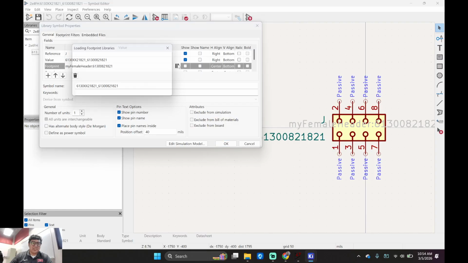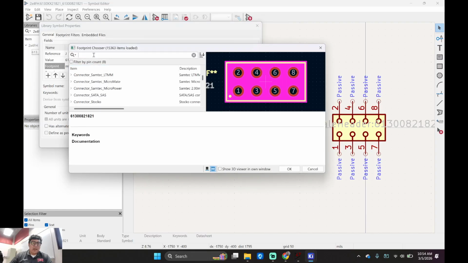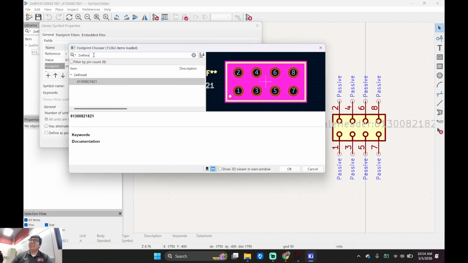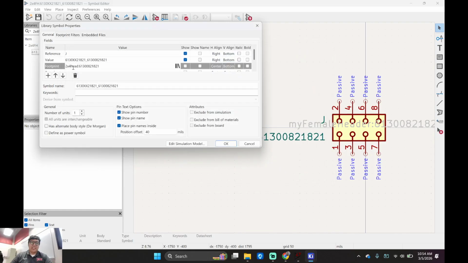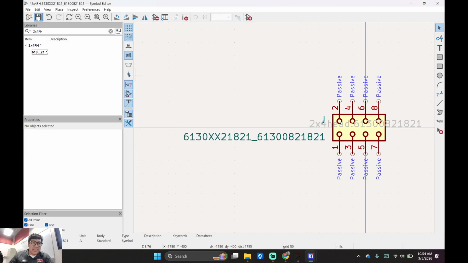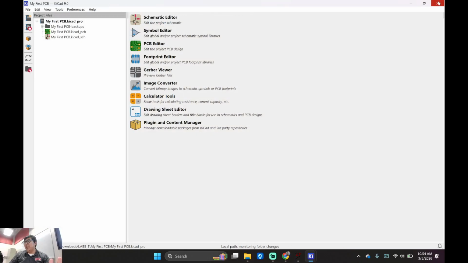Let's see. Let's get rid of this. What was the other thing? 2x4 head, right? Calling it head. Okay, see how it changed the name? Right? And then if you really want to, be my very guest and do something deeper with this. But personally, don't, because it ruins everything from the top level. So you have to reinstantiate everything, okay? Okay it. Save. Boom. Set. We're done. Go to our footprint editor.